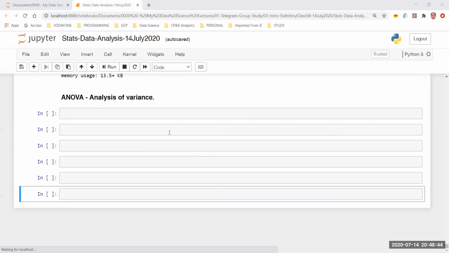So until last session, what we have done is that we have started looking into ANOVA, and we looked into a very basic concept: why we needed ANOVA in the first place. Just to set the background, a quick revision.